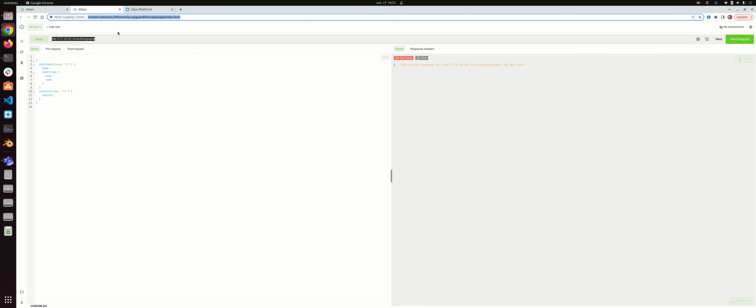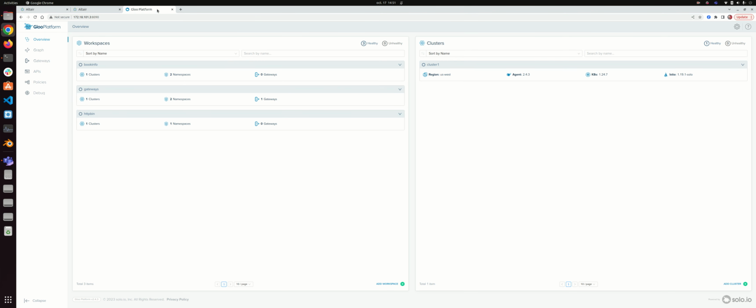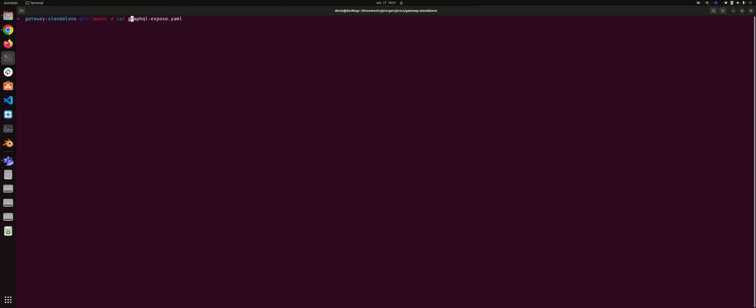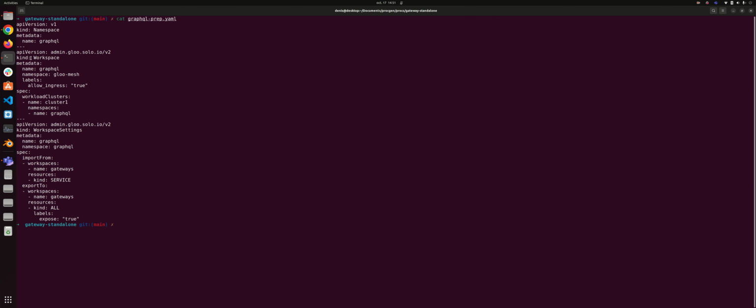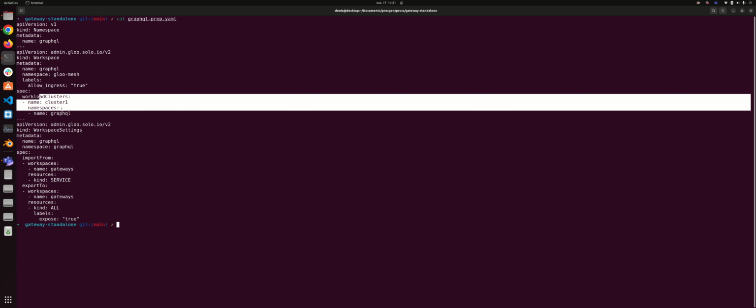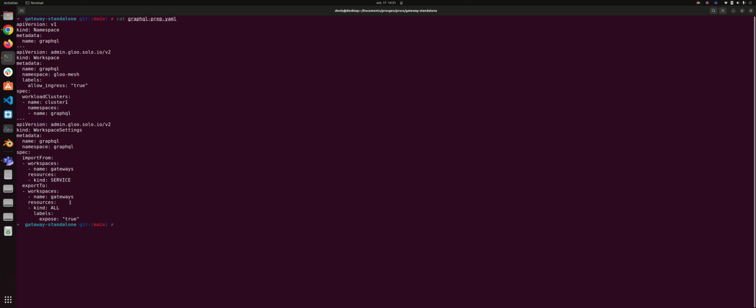Right now, if I access this endpoint which corresponds to Gloo Gateway, I can see that this route is not found because I have not configured anything. So I'm going to start by creating a new workspace called GraphQL, define the external service, and so on. I have a first set of YAML called GraphQL prep, and you see it's just creating a new namespace called GraphQL and a workspace that is only composed of this namespace, and I'm going to export the external service I'm going to create to the gateway workspace so that it can be exposed. So I can apply this,